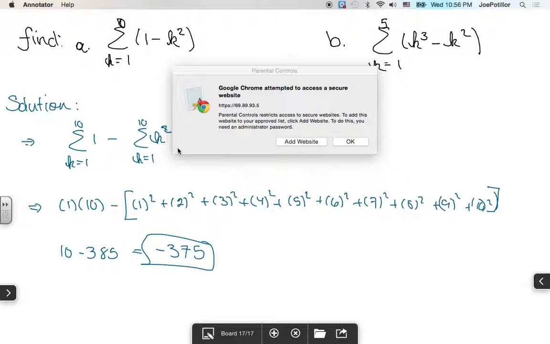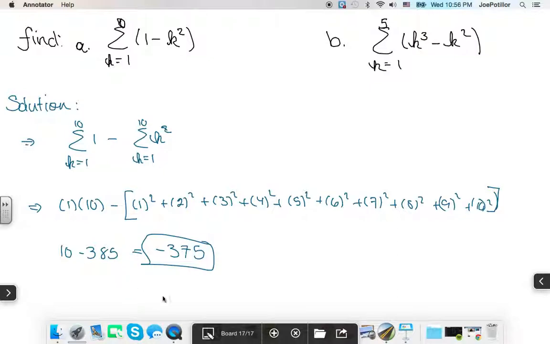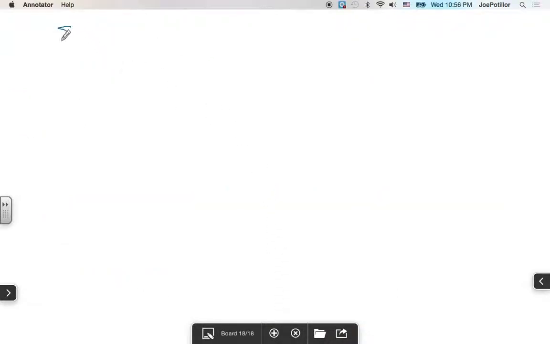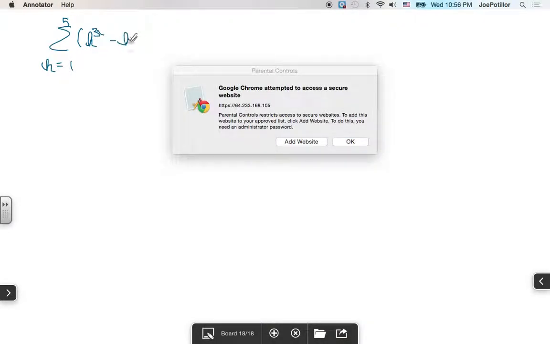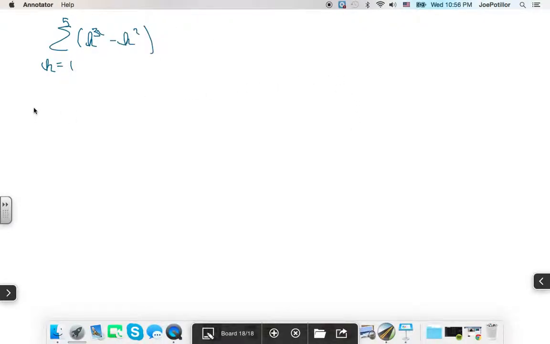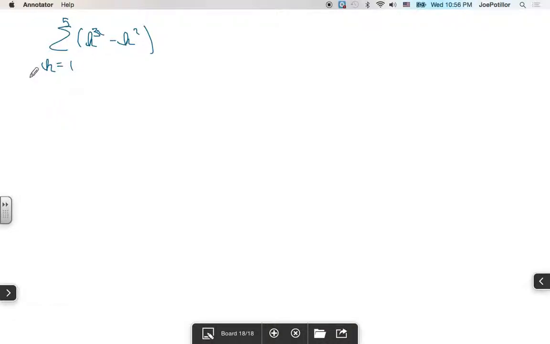And the second, part B, sum of k equals 1 to 5 of k cubed minus k squared. Yes, there's actually a much faster way to do this, but you will learn that in the next section. So the sum of k cubed minus the sum